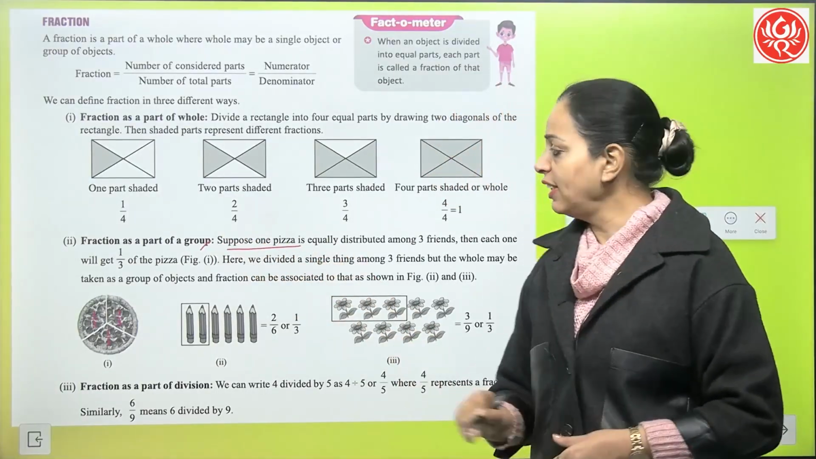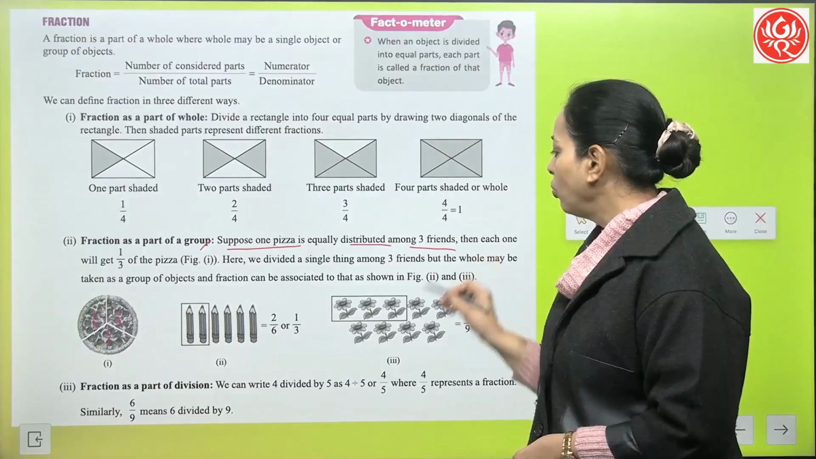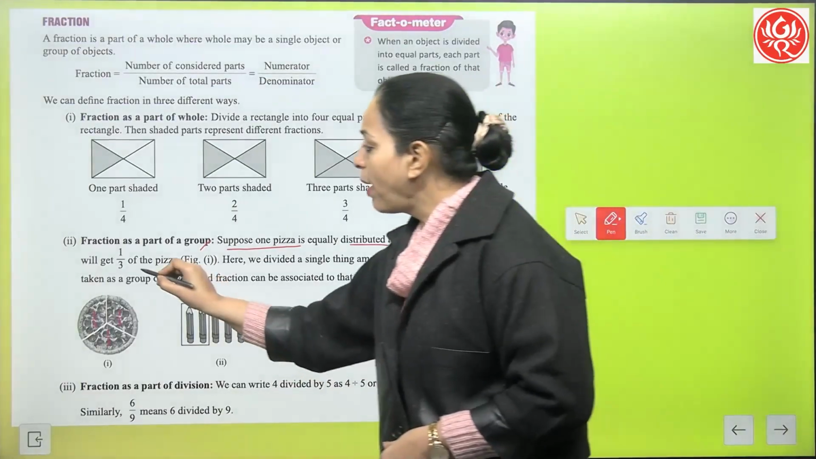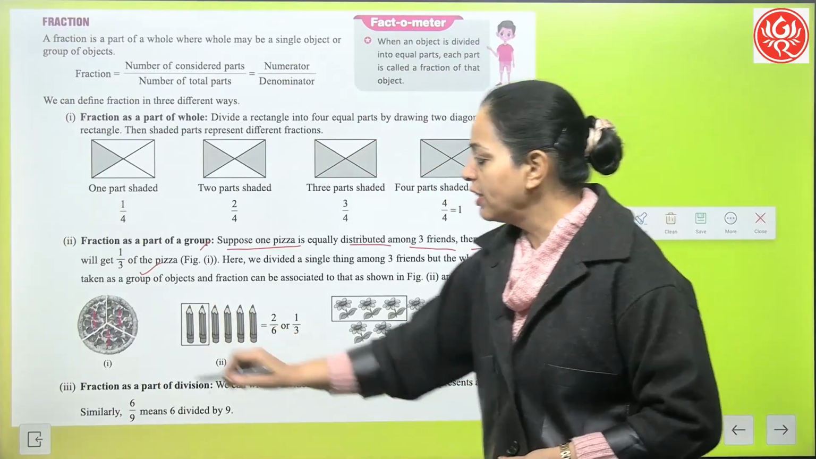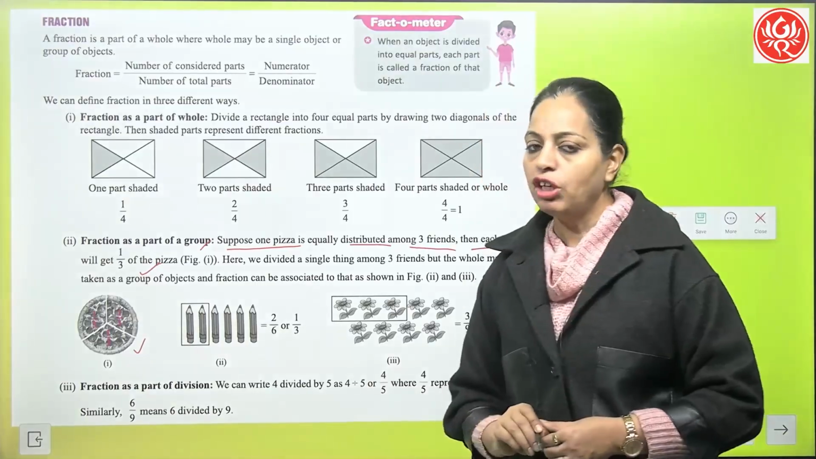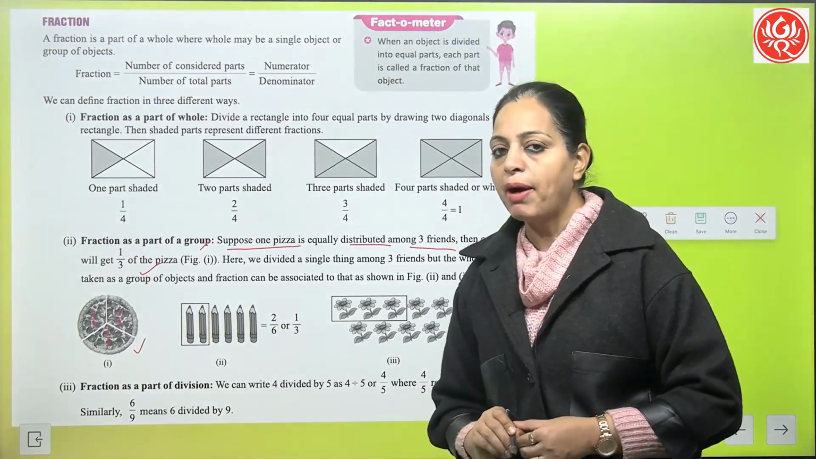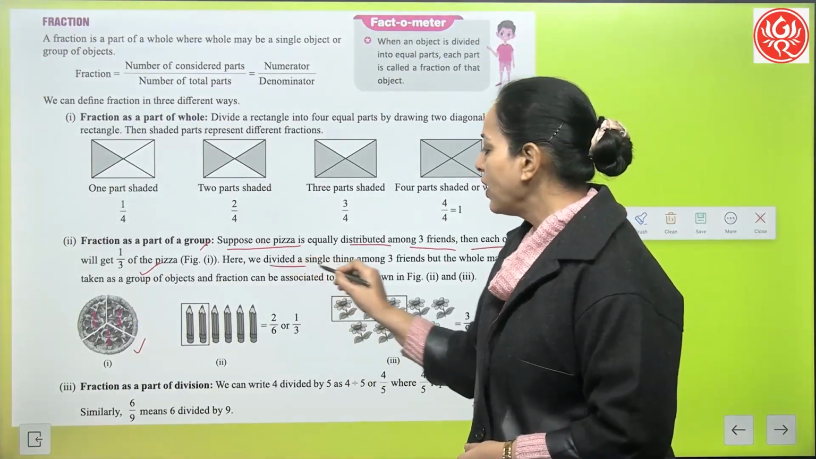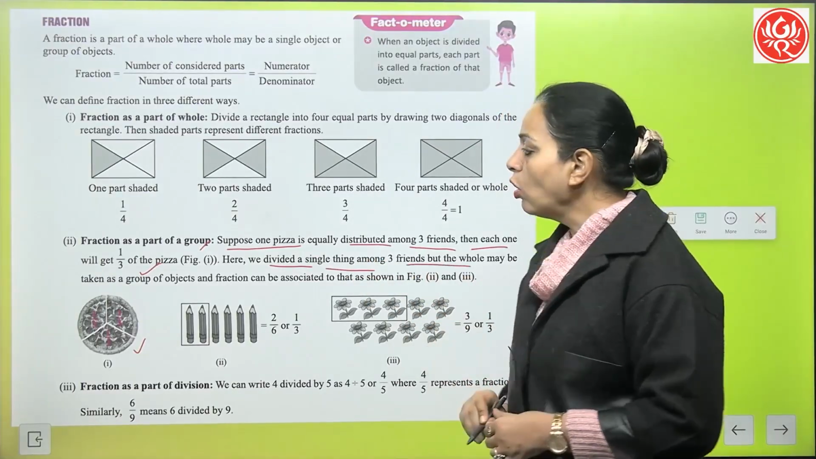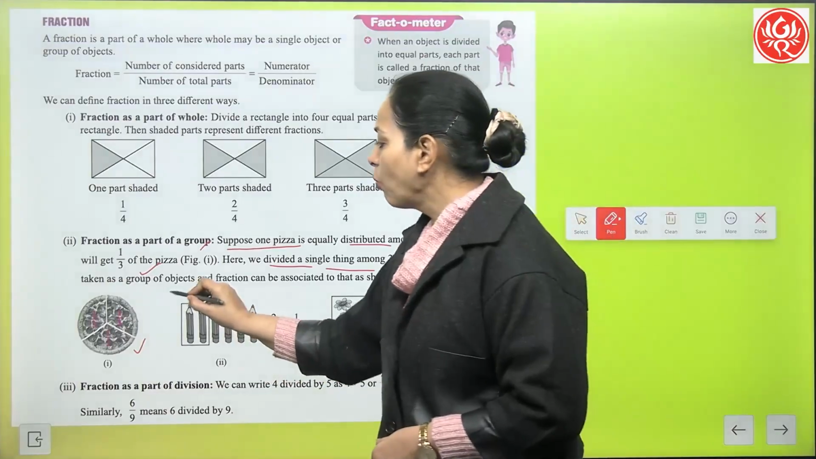Suppose one pizza is equally distributed among 3 friends. Then each one will get 1/3 of the pizza, right? See this figure. Okay, 3 equal parts, 3 friends, they will get 1/3. So here we divided a single thing among 3 friends, but the whole may be taken as a group of